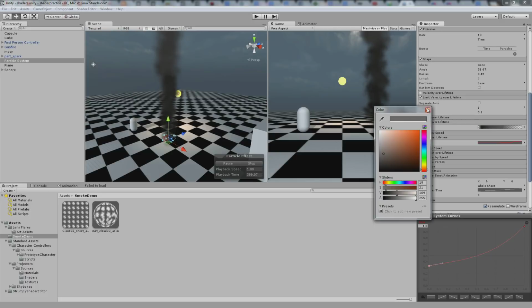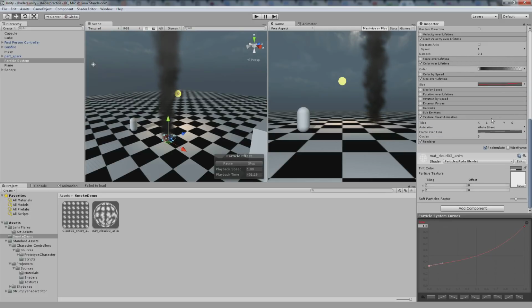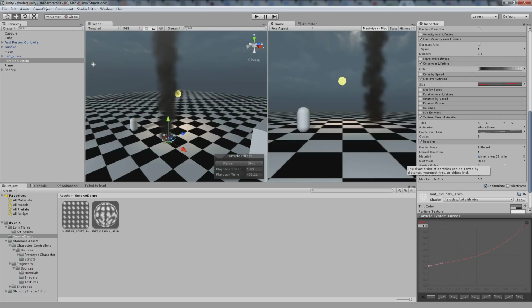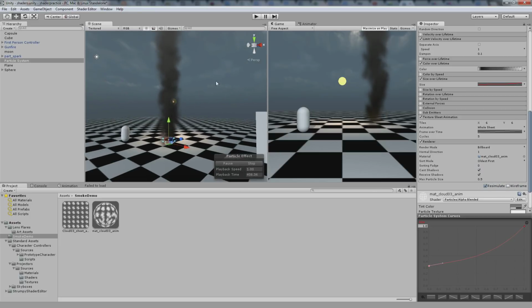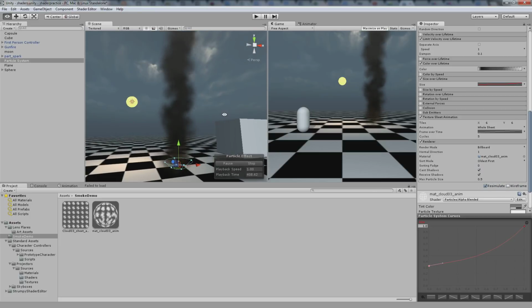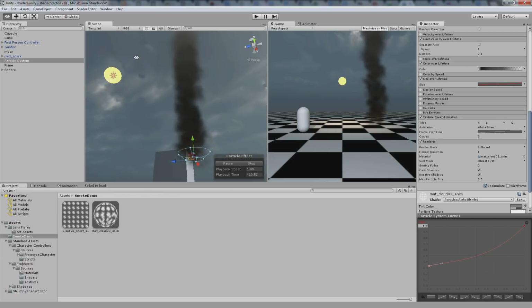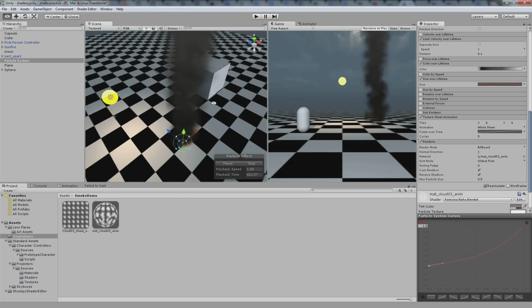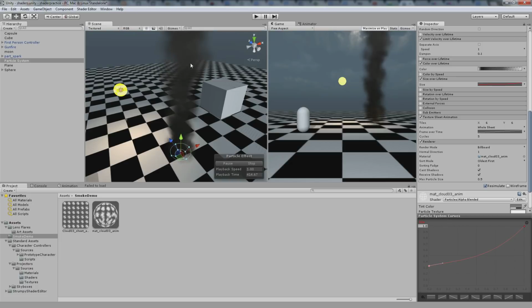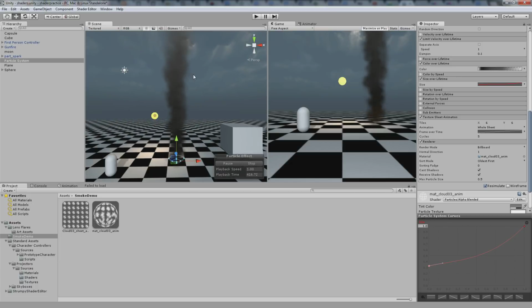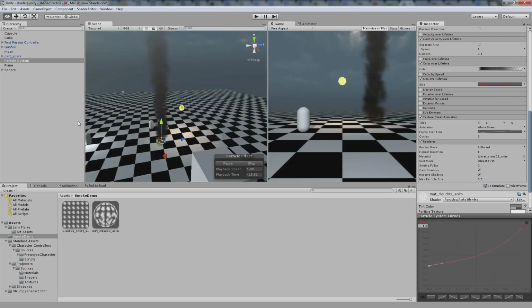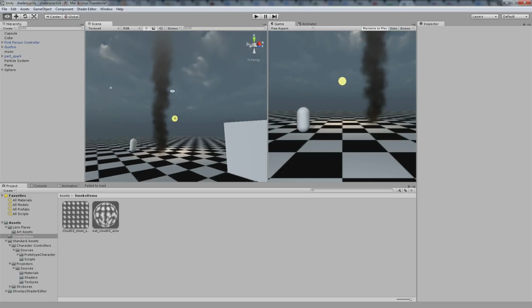Cool. We need to set our render order. I recommend that your default in your head be to set this oldest first. That's going to make it so that the newest particle renders in front of everything else all the time, which usually is what you will want. So, that's not a bad looking pillar of smoke,